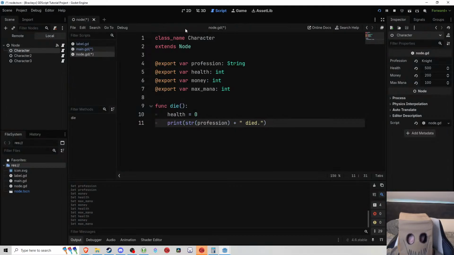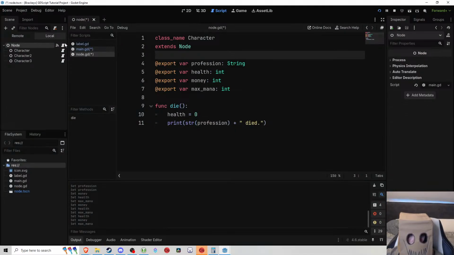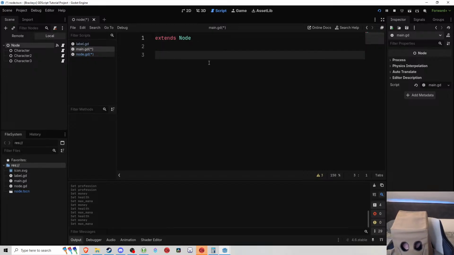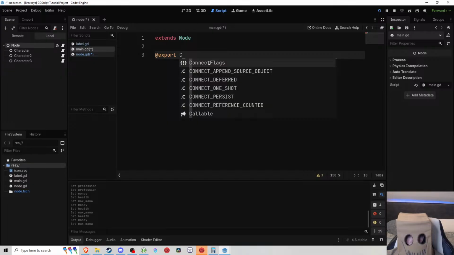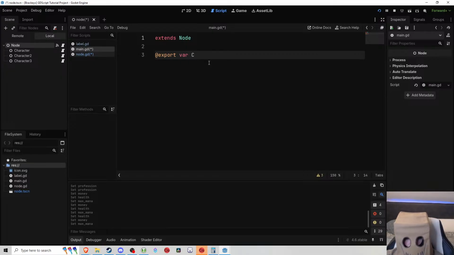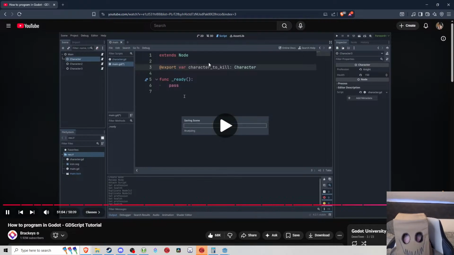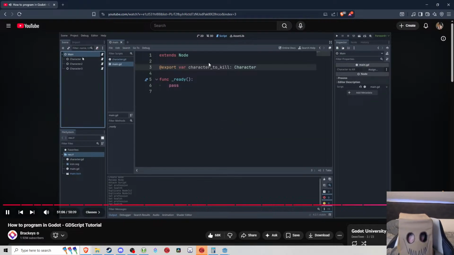And now if we save that, we can see that our main node now has a slot here for the